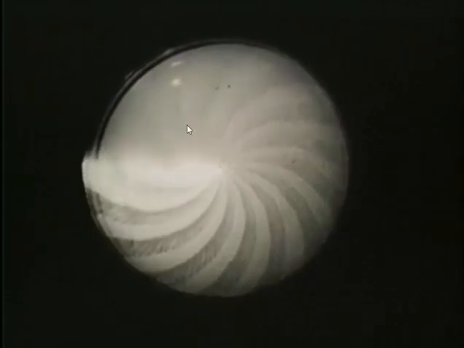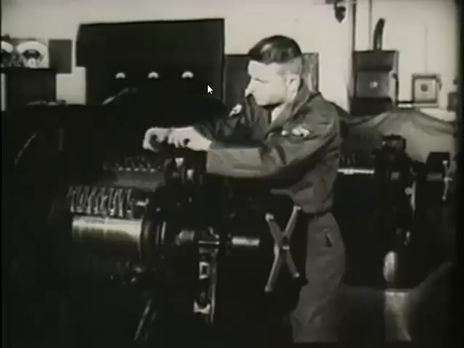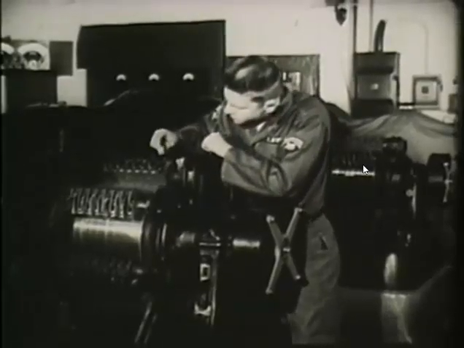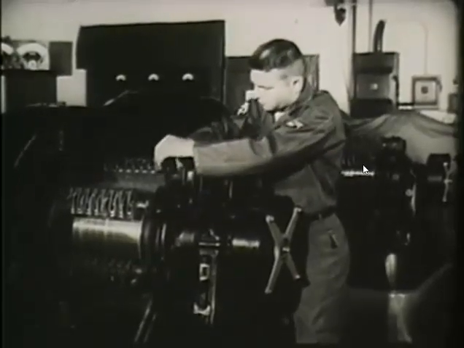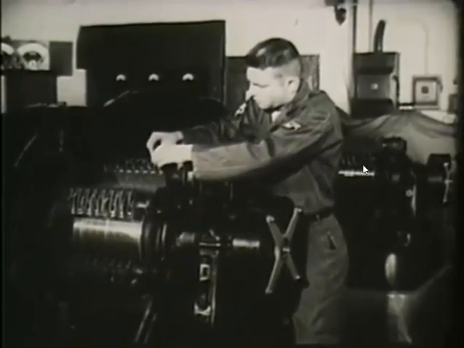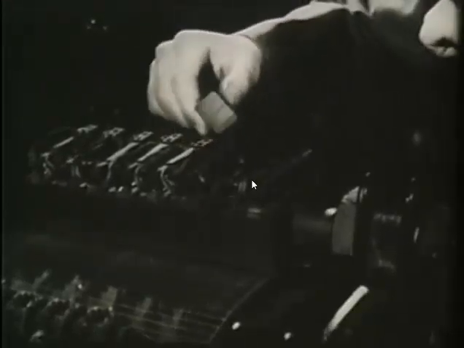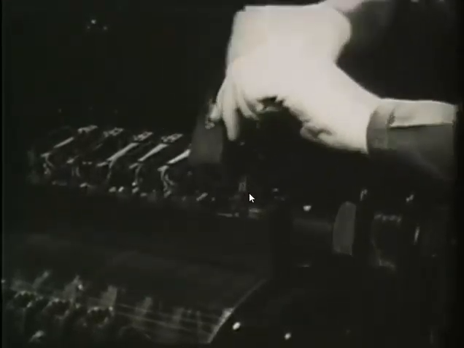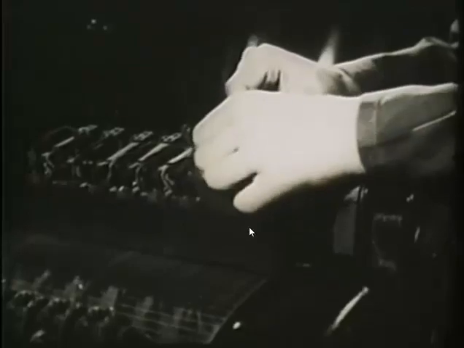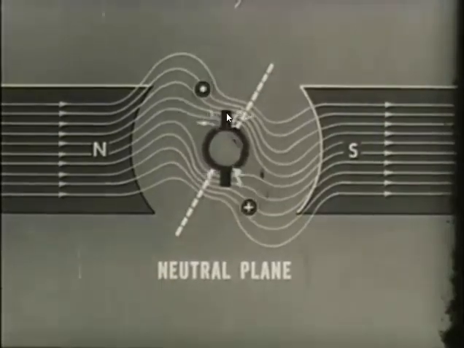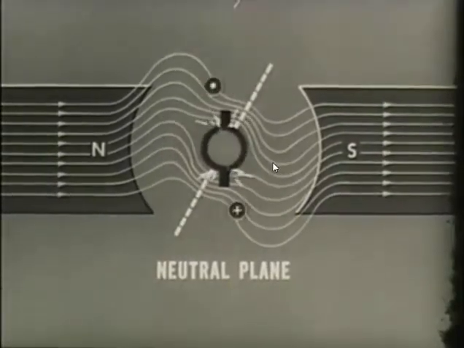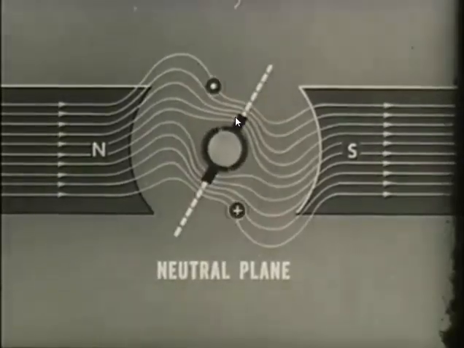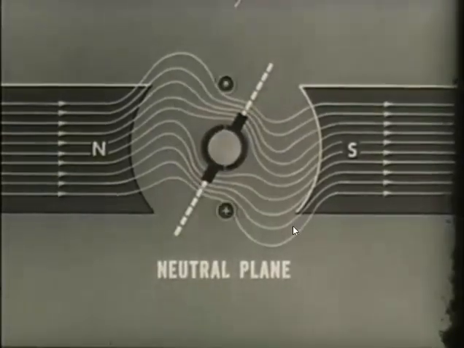Untuk electronic equipment ya berpengaruh. There are two ways of maintaining the neutral plane in its correct position and thus avoiding sparking. It may be done by the adjustment of the brush position. Letaknya komutator dipindah. The brushes are adjusted to lie in the adjusted neutral plane. Brush-nya dipindah ke sini. Nah,